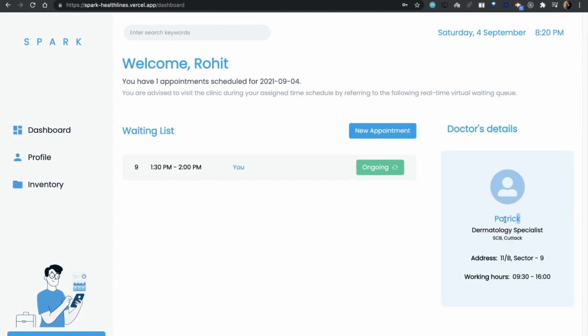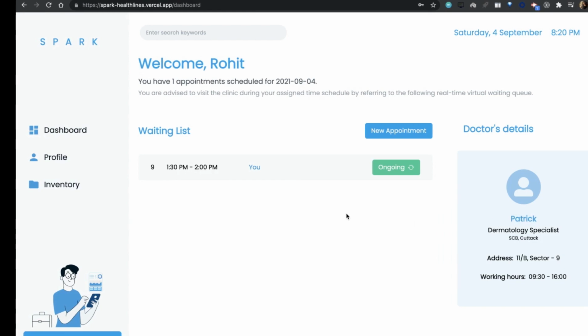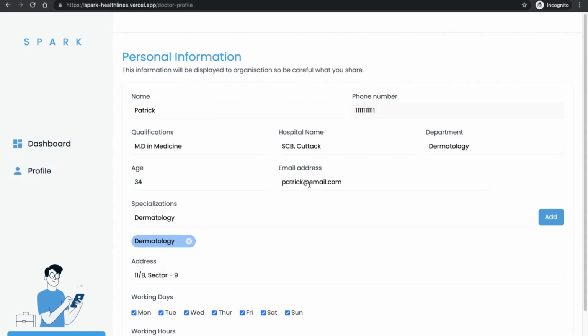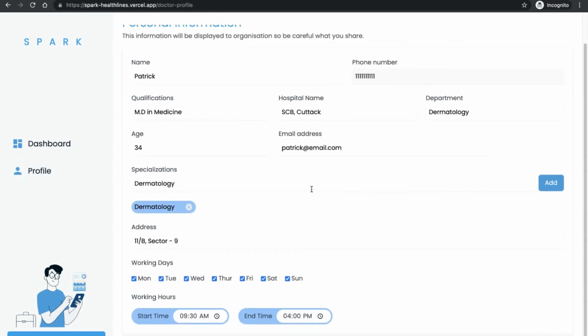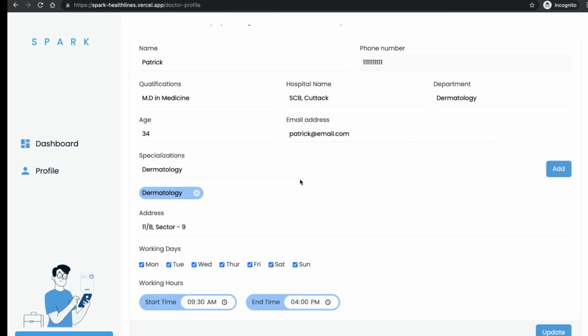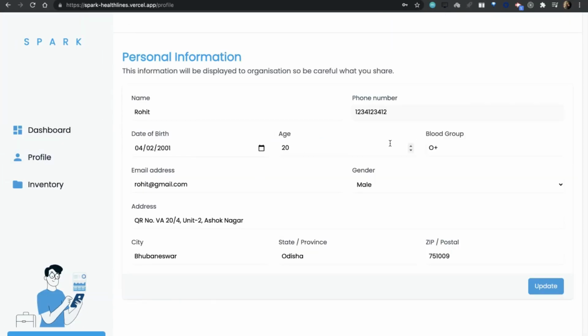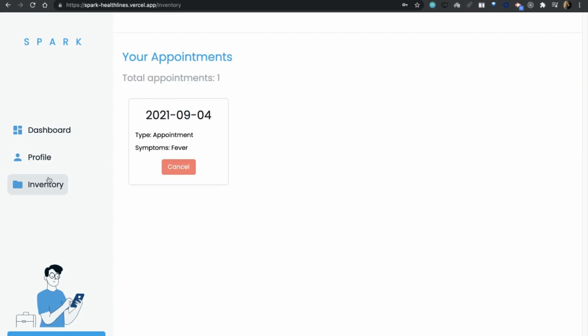We have made this app simple enough so that even a single person can use it. It doesn't really require a lot of maintenance. As a result, it is very cost effective and can be easily scaled to involve more doctors and hospitals. Regarding the future of this app, we are planning to implement sockets and send real-time updates and notifications about the user's appointments to improve the user experience.